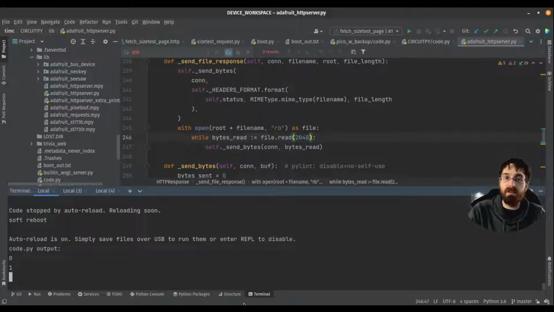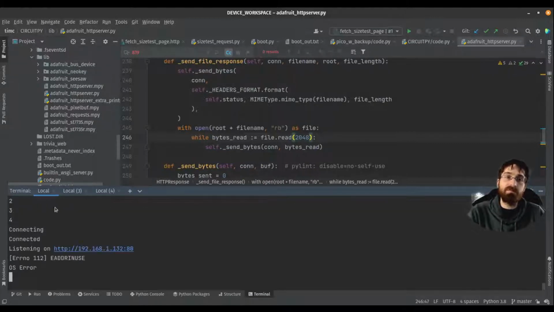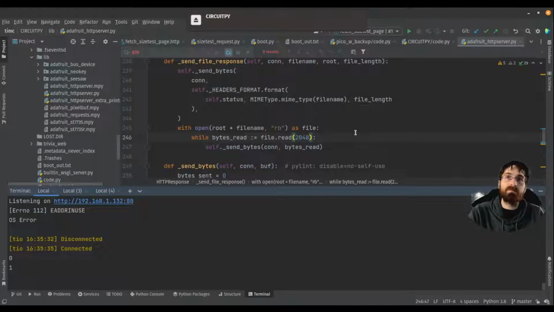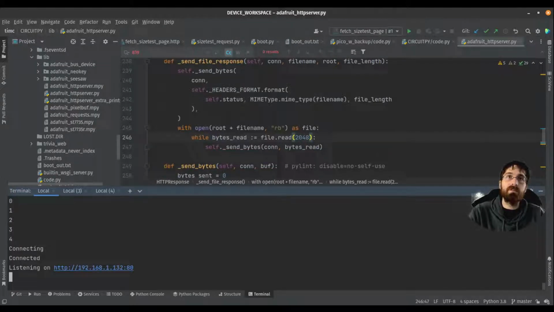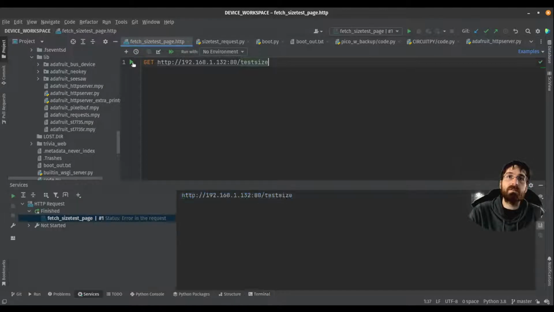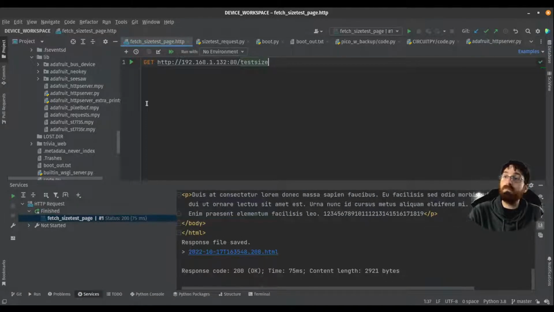If we get the error address thing. Yep, so it'll reset. Wait again. There we go. Let's go from here. 75 milliseconds?